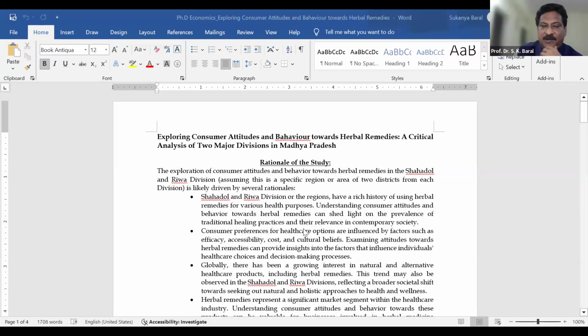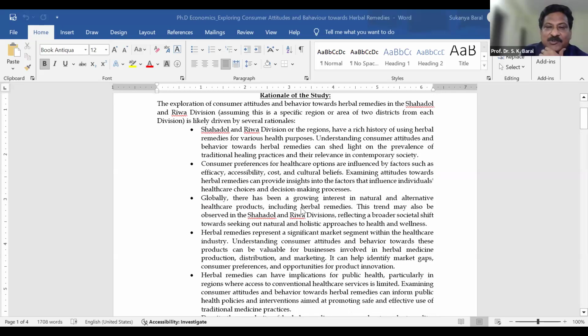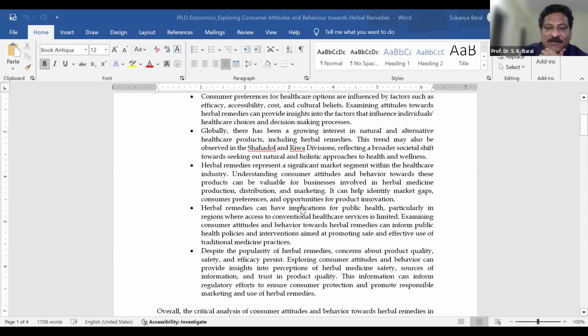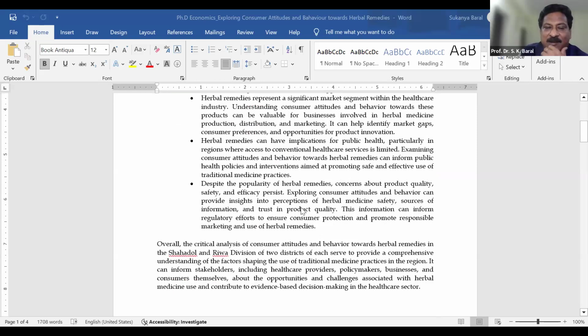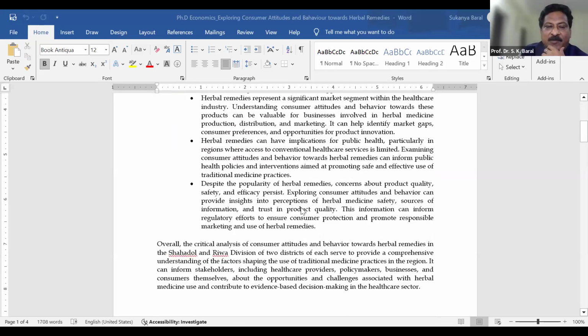So this is the topic that has been taken by the scholar with my consultation: exploring consumer attitudes and behavior towards herbal remedies, a critical analysis of two major divisions in Madhya Pradesh. Madhya Pradesh is a state. So how will you write the rationale of the study? You have to find out all those points first. Why is this study important? Why is it a critical study? I just recently completed this, so I wanted to show you why this is